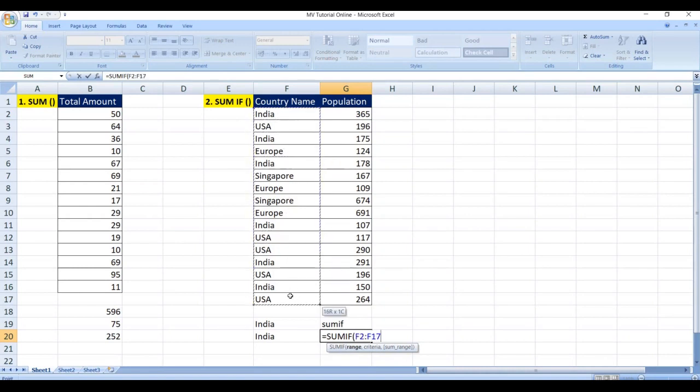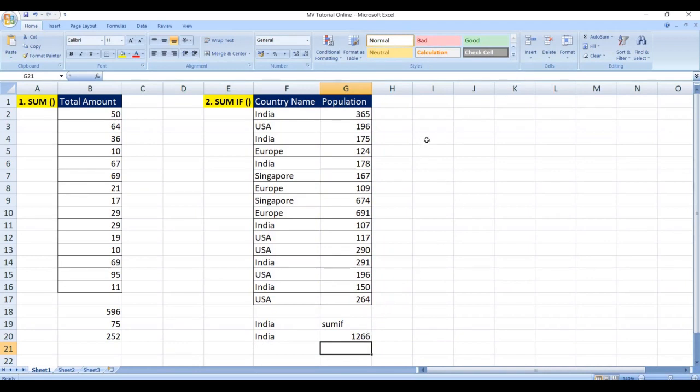Select the range, comma, and the criteria is nothing but the country name, India, comma, and the sum range is nothing but the population. Select, close the bracket and click on enter. Now we can see the total population from India is 1266.